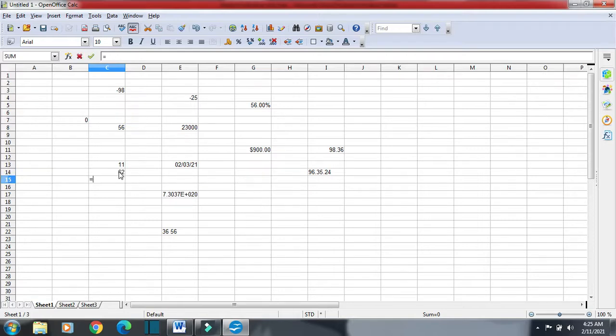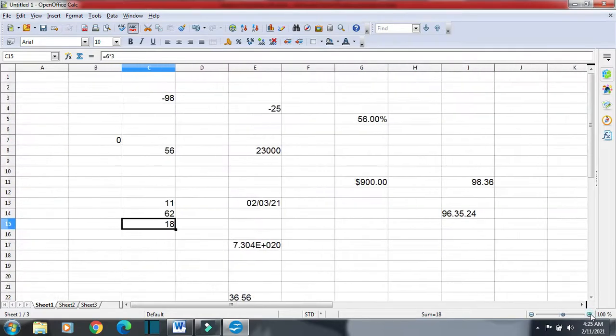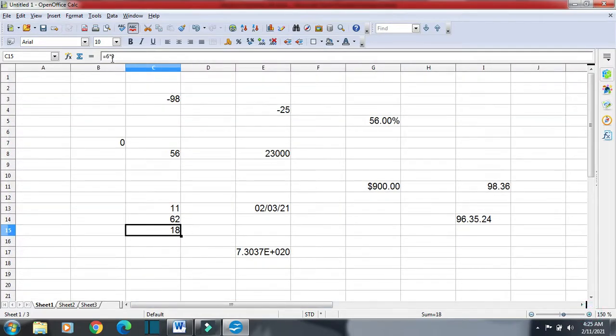I can also go for the operator asterisk for multiplication. You can see I have used the operator asterisk here, or I can go for slash for division also.